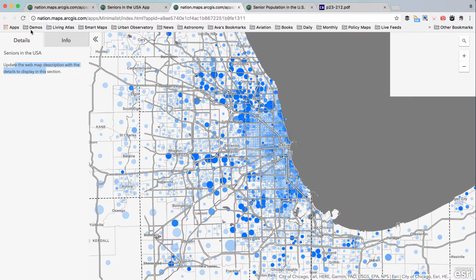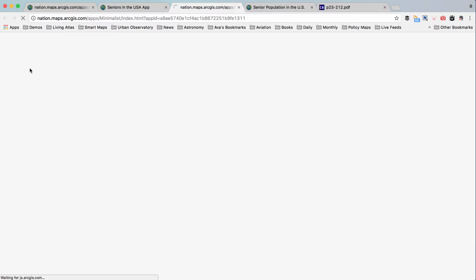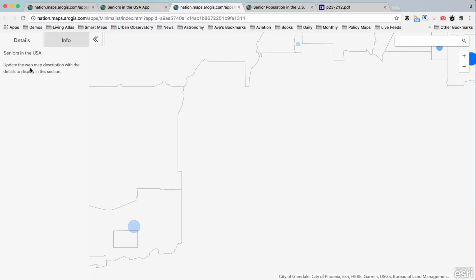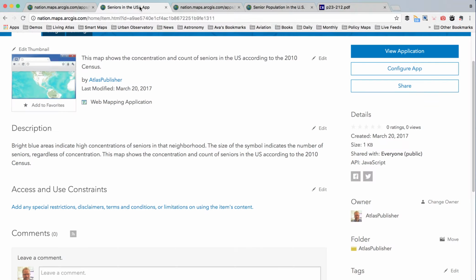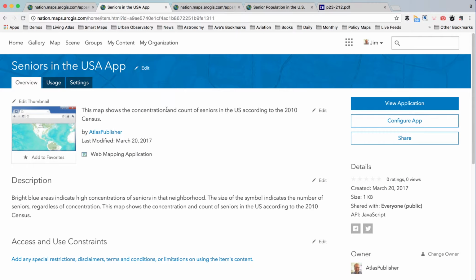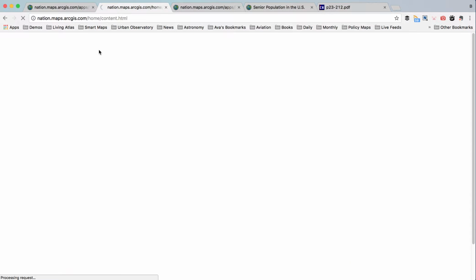So now if I just refresh this page, we'll see, did it pull my description in? He says, trusting. I updated the wrong thing. Oh, see, it's good to make an error sometimes. I updated the app, and what it wants me to update is the web map's description. So what should I do? I think what I should do is